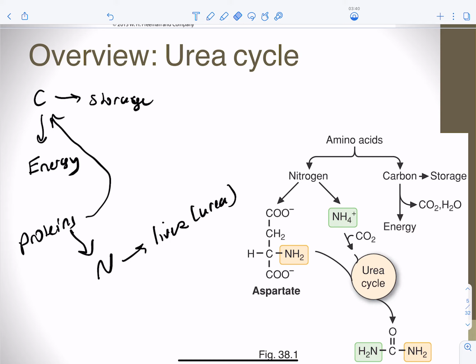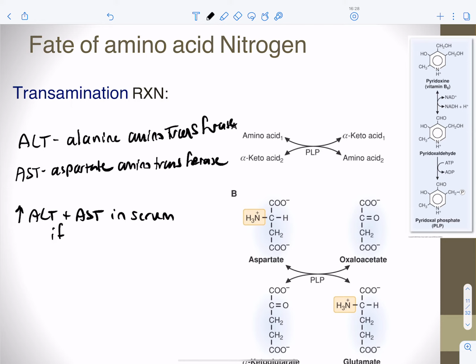The amino group donor is, of course, going to be aspartate. ALT and AST are serum aminotransferases, and these are clinical markers of tissue damage. So when your liver is damaged, you increase ALT and AST. Okay, so these transamination reactions are going to use pyridoxal phosphate as their